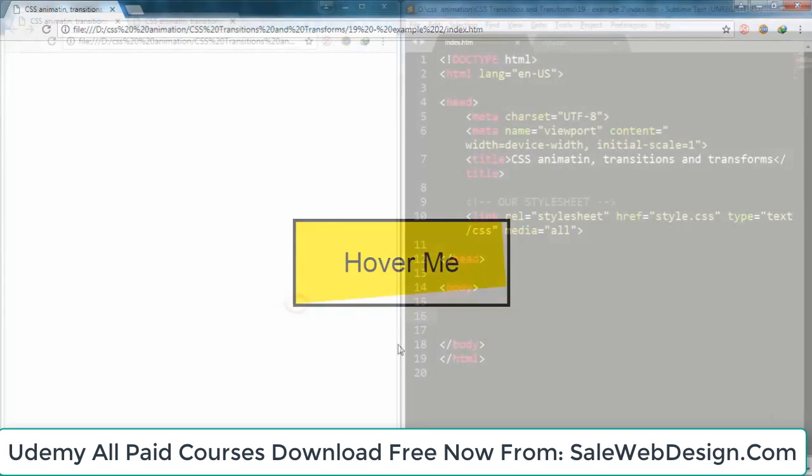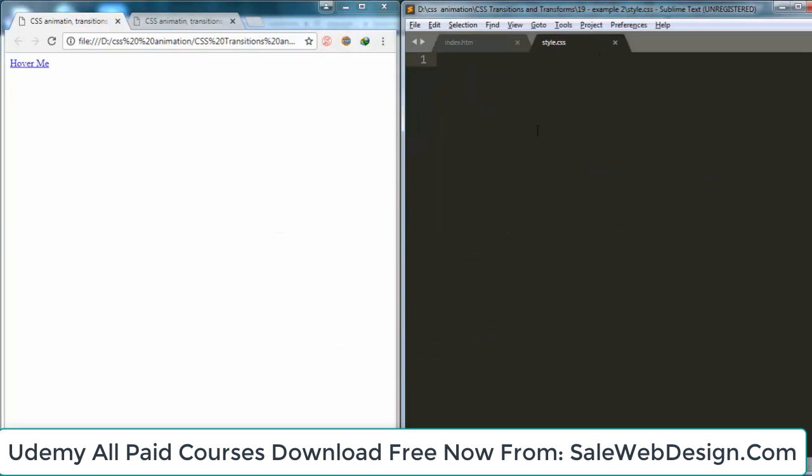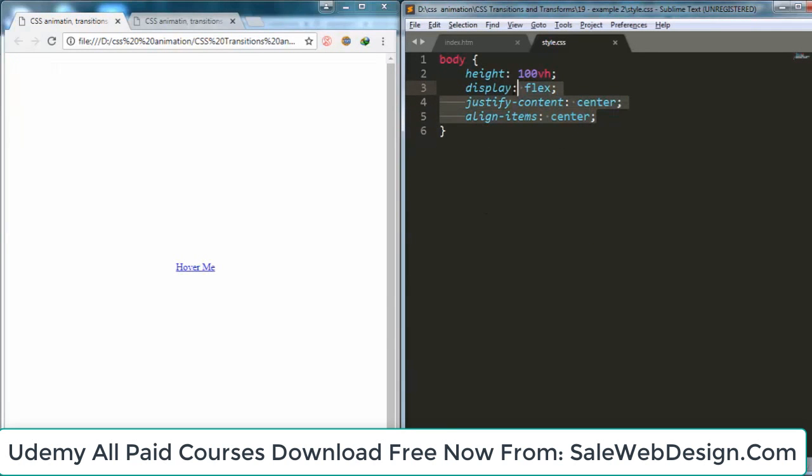So, let's start. Here in my HTML, I will just go right here and add an anchor tag and say hover me. Then I will go to my CSS and add some styles. So, first of all, I will target the body and add height 100vh. Then I will add display flex, justify-content center, align-items center as well. So what these 3 lines of code will do is they will just center the link horizontally and vertically using